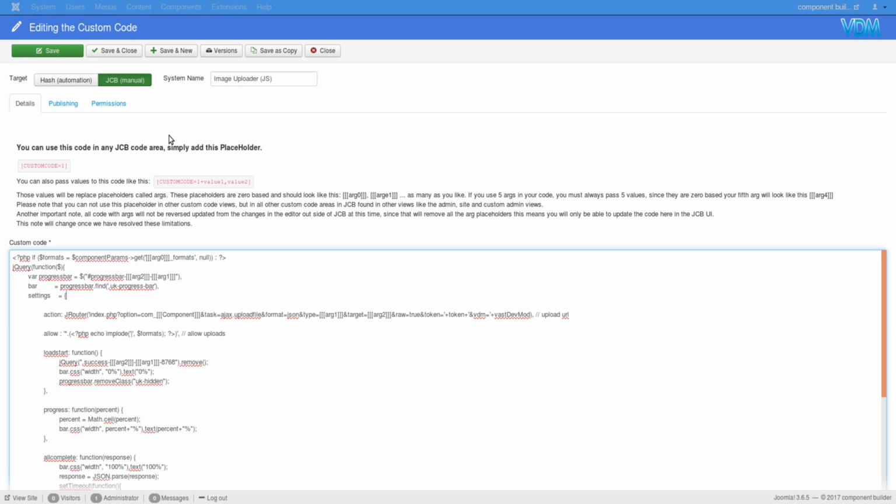JCB manual option. If you want to know more about the hash automation option, then please watch the previous tutorial